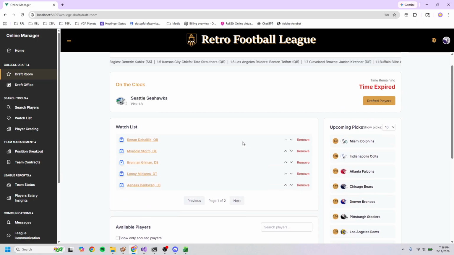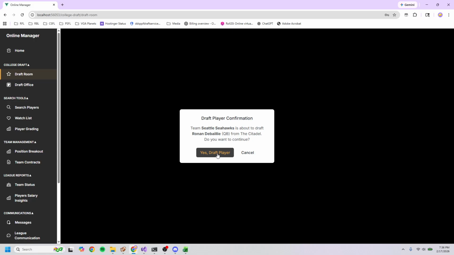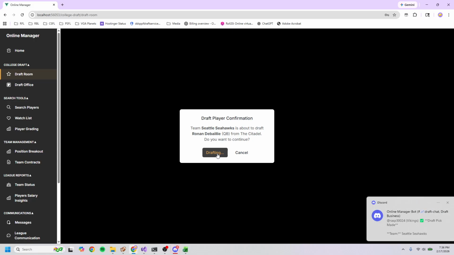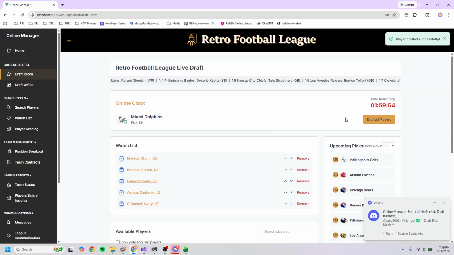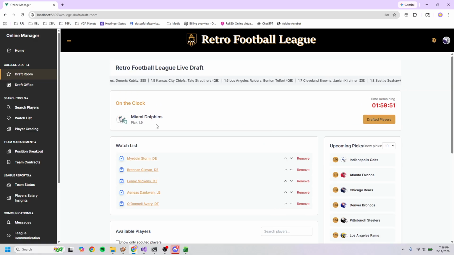And really, that's it. So let's say I'm ready to go through, and Seattle's ready to pick this. I'm just going to hit that. It'll ask you if you want to draft them, and you will say yes. When it does draft them, it will add the player and move up to the next, and then you'll notice that Seattle picked that